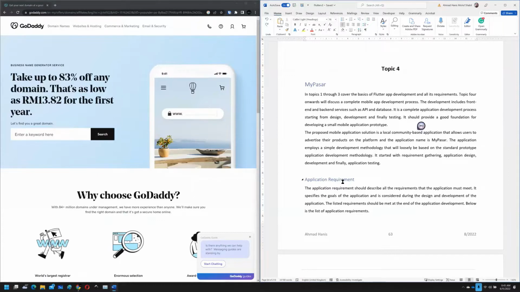Okay, so support local community business, small business or home business. You can give it any name, my home business or any typical name. So that is just a name. That is the idea of the application, so that whoever registers with the application can either look for items and products, or post their own product that they want to sell. Okay, they made homemade sambal, something like that, homemade cooking, and they want to sell through the platform,